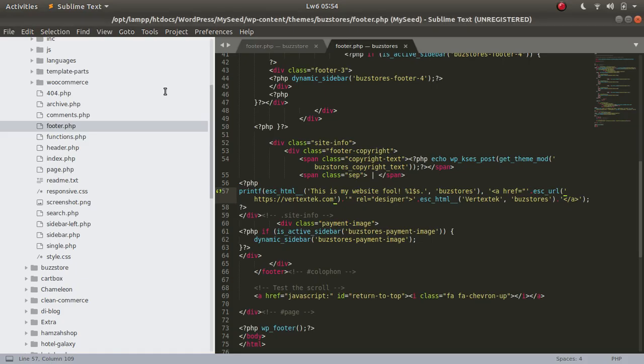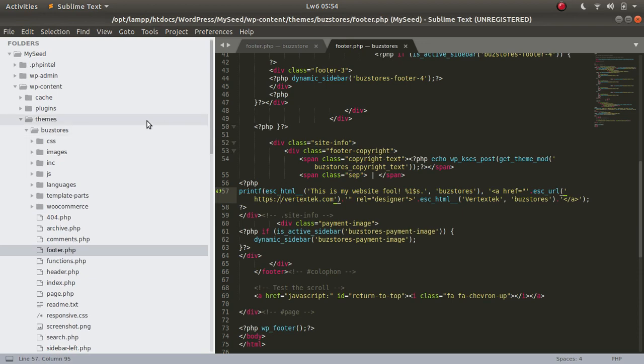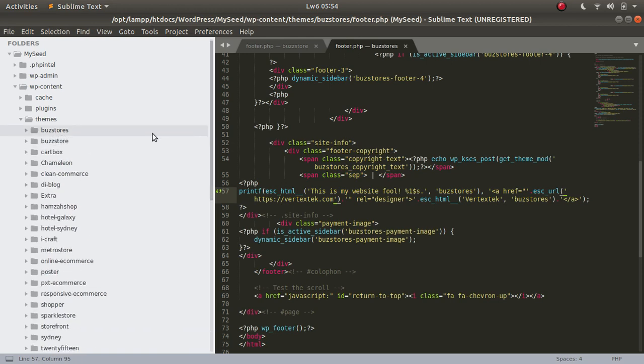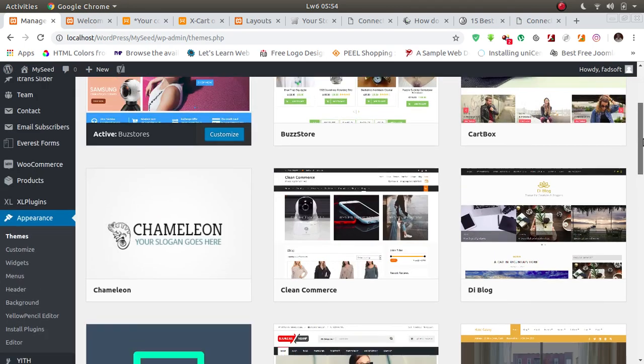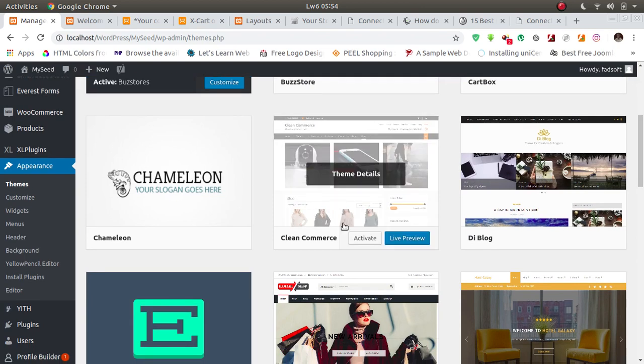Now I'm going to give you an example of Clean Canvas. If I scroll through my themes, you can see I have Clean Canvas already installed.